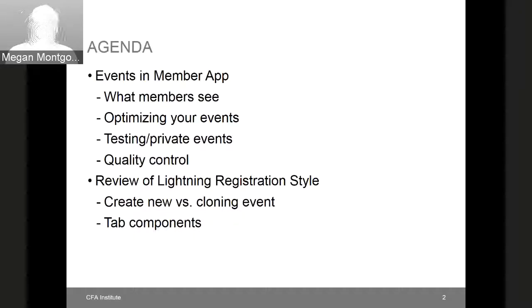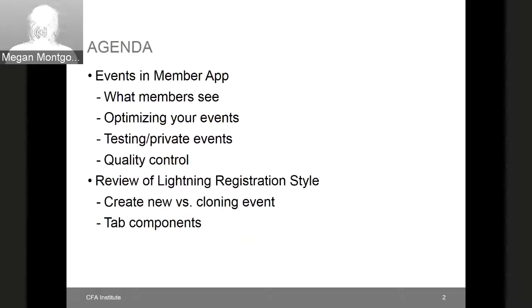So what we will cover, again, is what your events are going to look like in the member app, what your members are going to see, or what other members are going to see, since basically individuals can see any other society's events in the app by setting their filter preferences. And then we'll talk about how you can optimize your events so that they'll display to their best